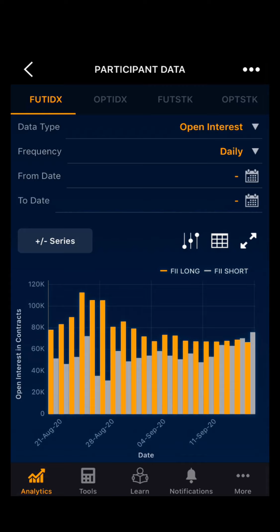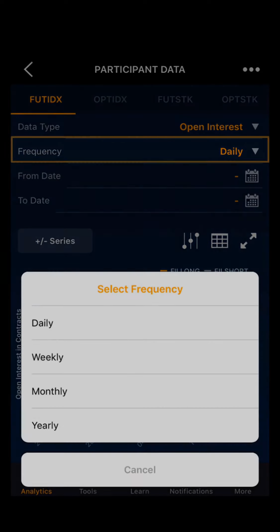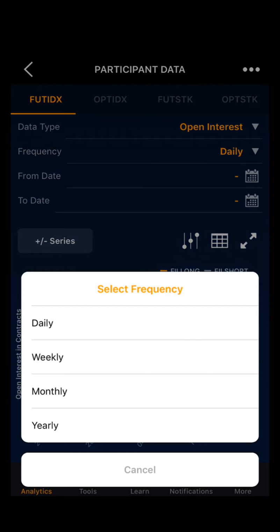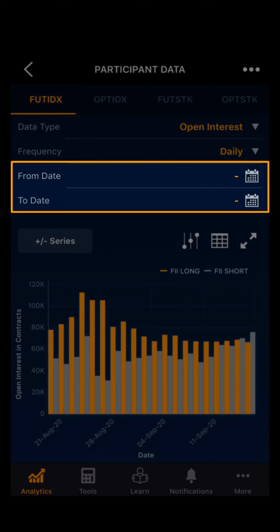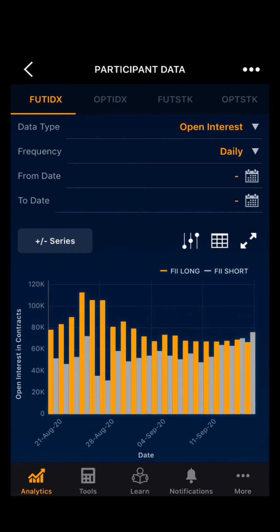Further, you can also customize the data based on the frequency. You can set daily, weekly, monthly or yearly. As of now we are taking daily, or you can select the time frame by selecting from date to date. Let's suppose I want to see the data from the starting of this month till yesterday.